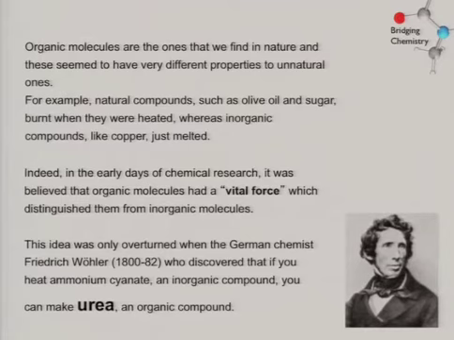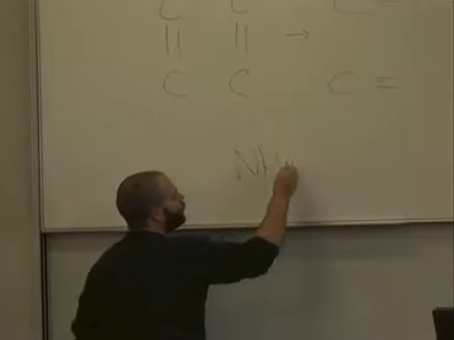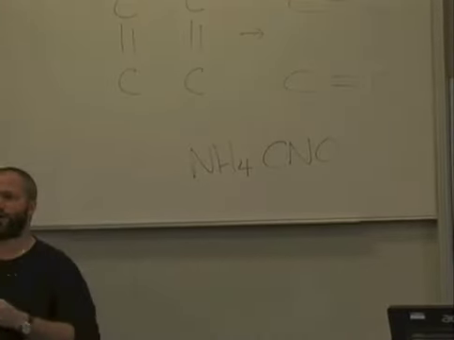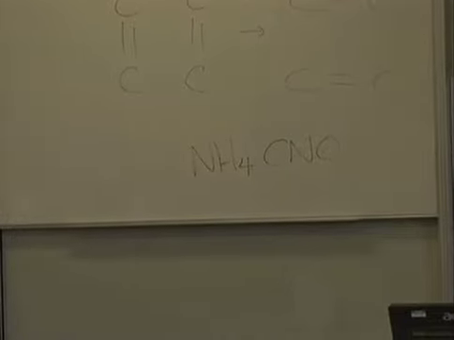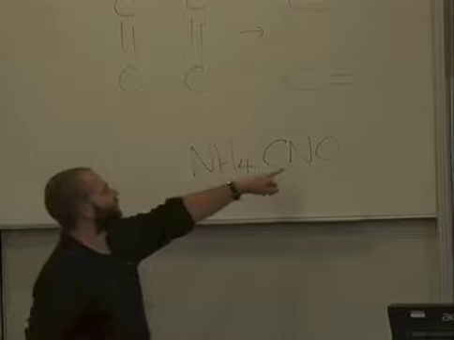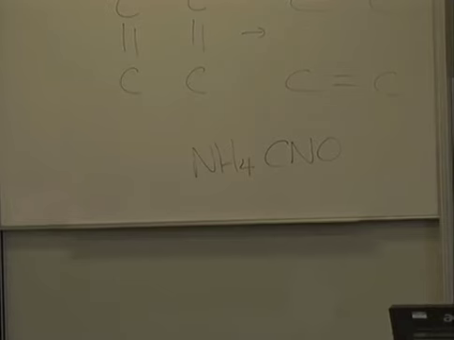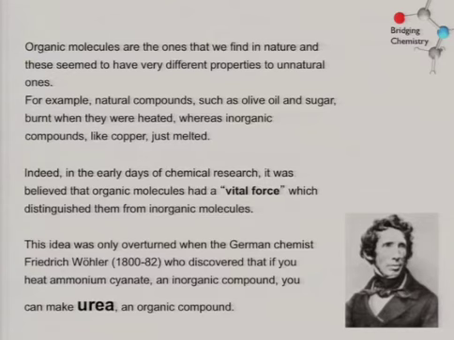And it was this guy, Friedrich Wöhler, who was the one who first showed that in fact that wasn't true, because what he did was he took an ionic compound called ammonium cyanate. Ammonium cyanate looks like this, NH4CNO. So CNO minus is the cyanate ion. It's not one you've probably come across before, but ammonium cyanate has all the properties of an inorganic compound, and he did a reaction on it, and he turned it into urea, where urea is